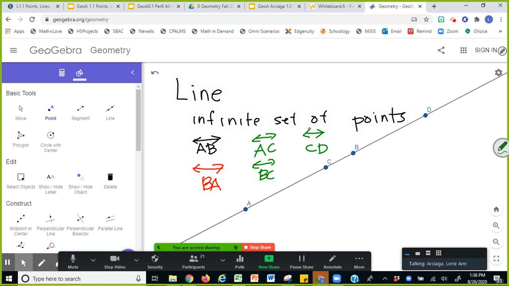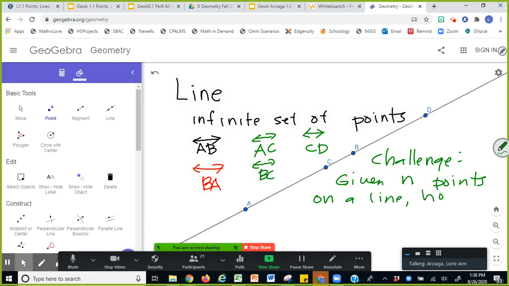Okay. Now, my challenge for you is, given any number of points on a line, given n points on a line, how many ways can you name it? Okay, and that will be my challenge homework for you guys. So look it up, or maybe you have discussed it in your previous class in middle school.